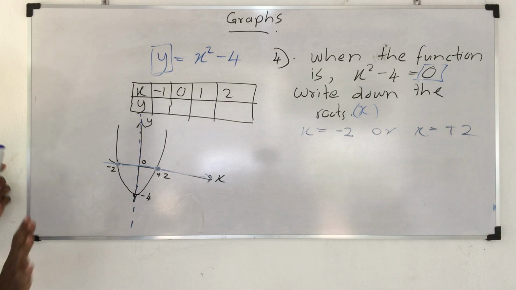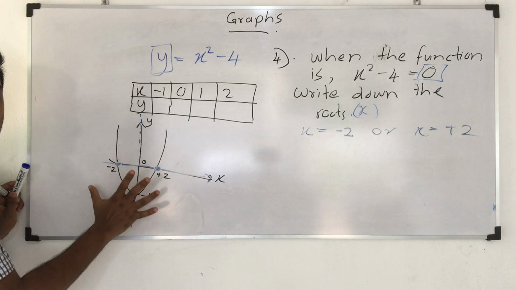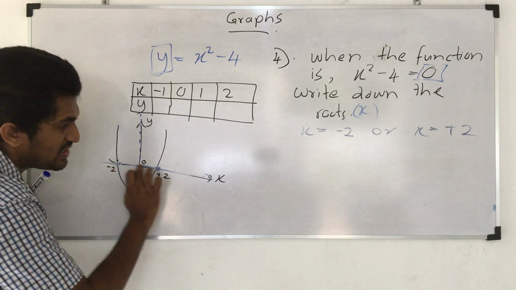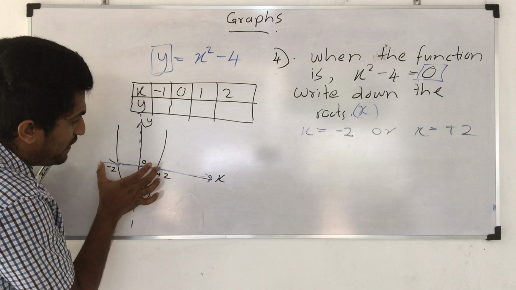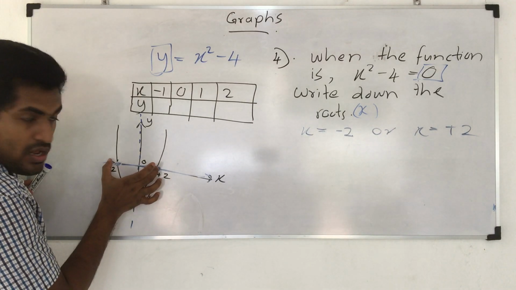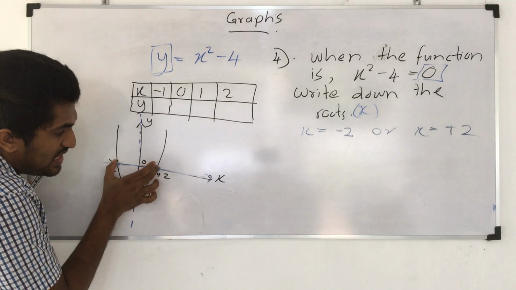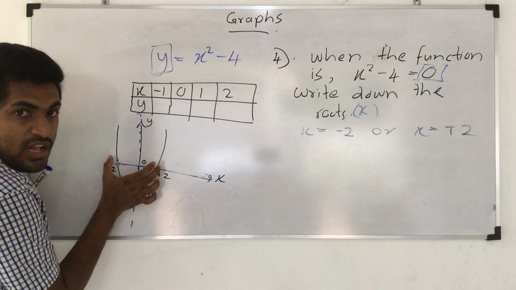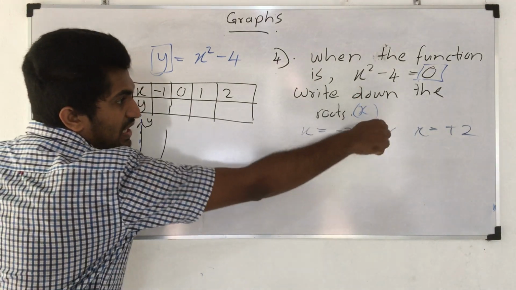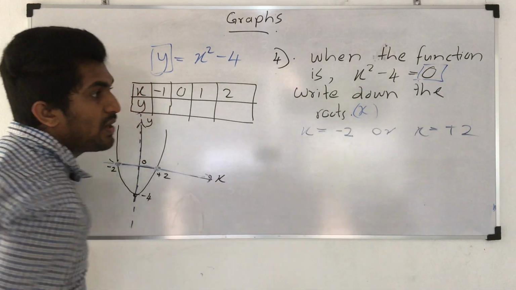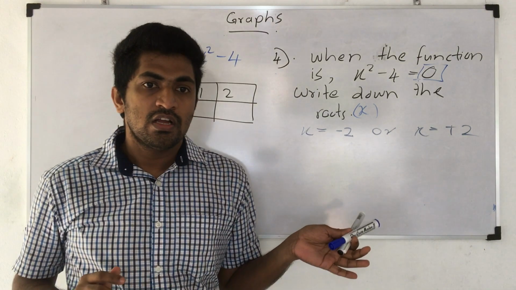I think you got it. So here, what do roots mean? The x values when y equals 0. So this is the y equals 0 line. Then our graph intersects this x-axis at these 2 points. So these 2 points are the roots of the graph. So one root is x equals minus 2, and another root is x equals plus 2. Those two are the roots of our graph.